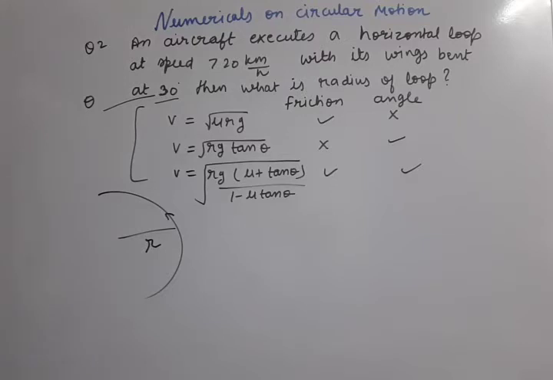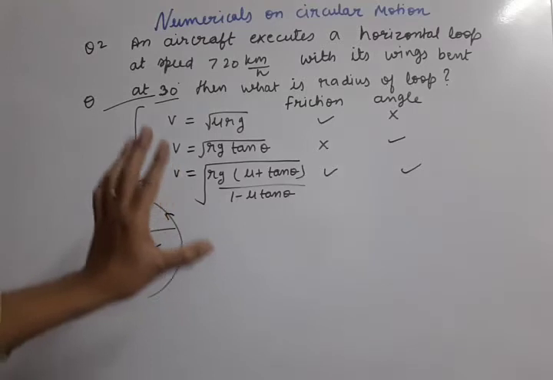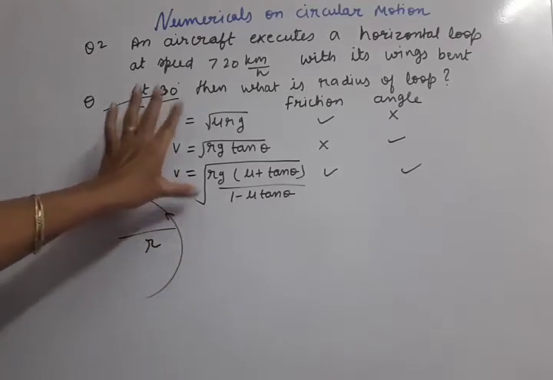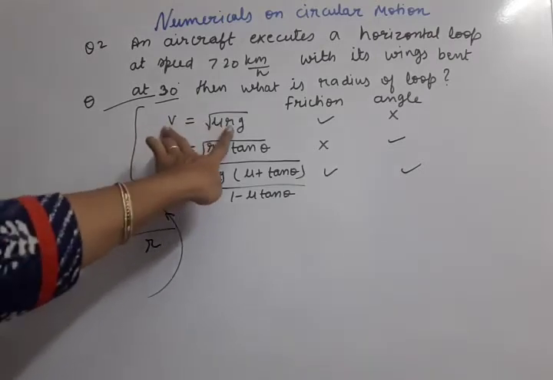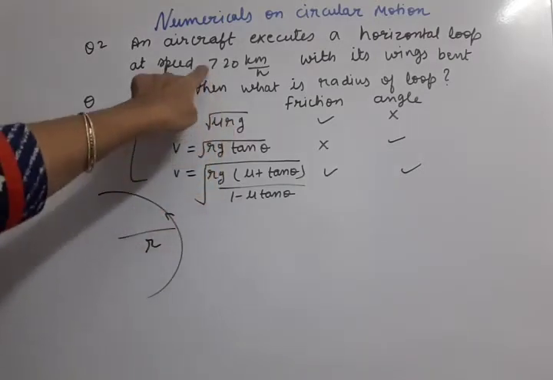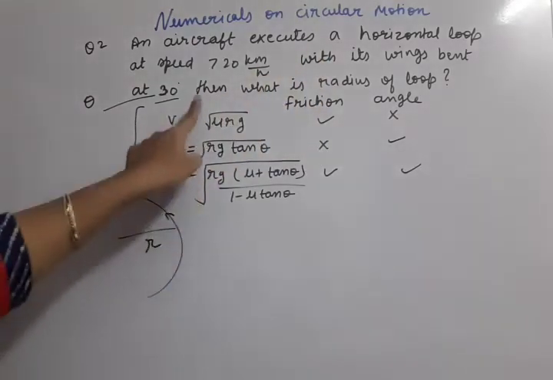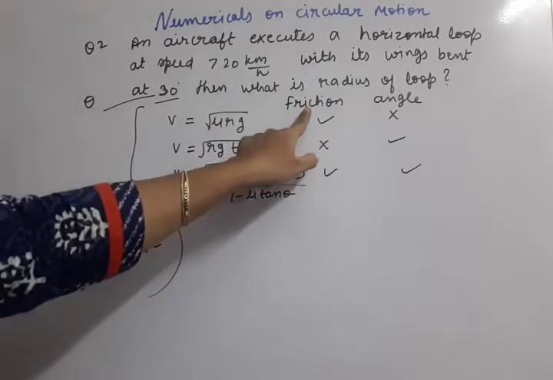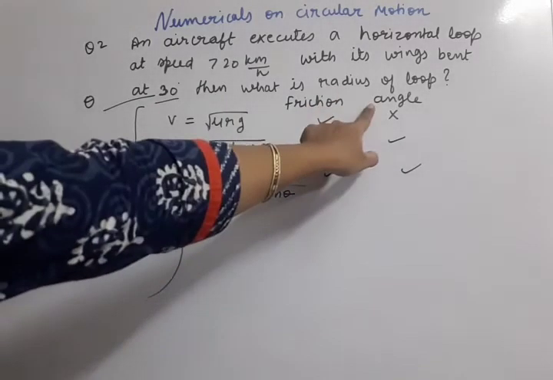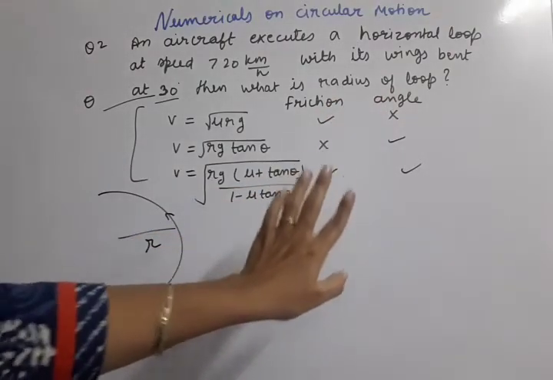Now we have done this circular motion case under 3 categories. So I'll give you a short table of where to apply which formula. Velocity and radius are always interconnected. Here velocity is given and we have to solve for radius. So which formula to apply out of all these three? Remember it this way: friction can be present or angle can be present. Depending upon what is present, we select the formula.